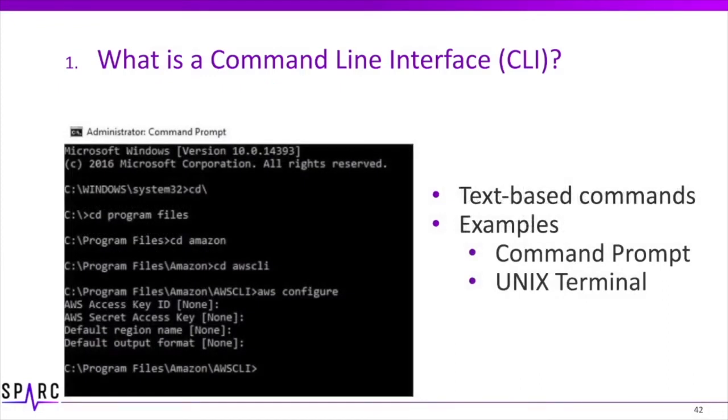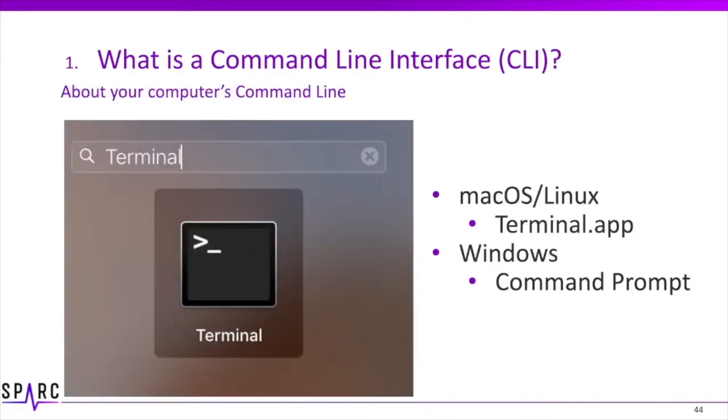Almost all modern computer operating systems have a command line to control the operations of your computer, whether you've seen it or not. Perhaps the most well-known command lines are the Windows command prompt and Unix terminal. You can get to the command line of your computer by using programs like cmd.exe on Windows and the terminal on Unix-based computers like macOS and Linux. On a macOS computer, you will find the terminal app within the Utilities folder of your Applications folder. On a Windows computer, you will find the command prompt by viewing All Apps in the Start menu.